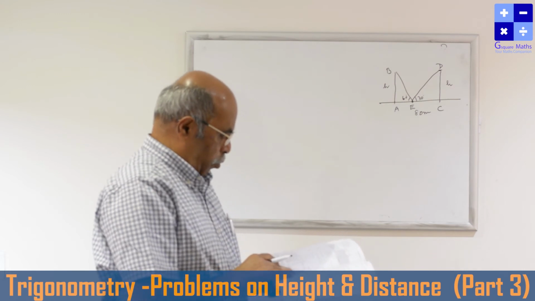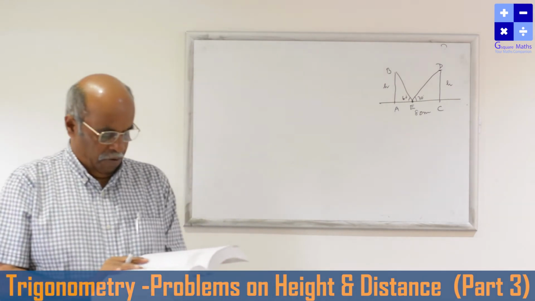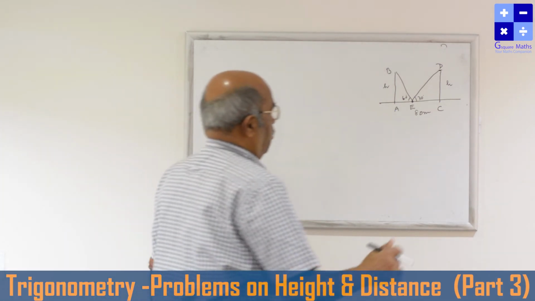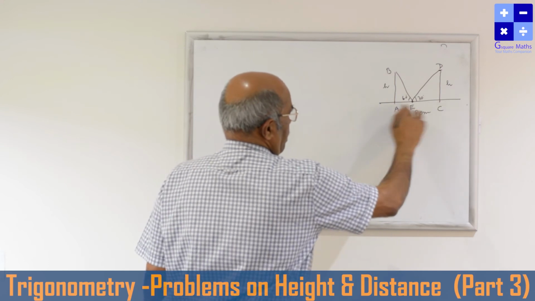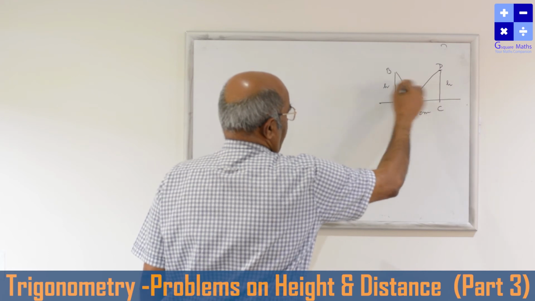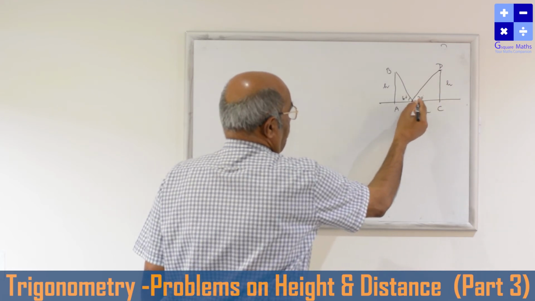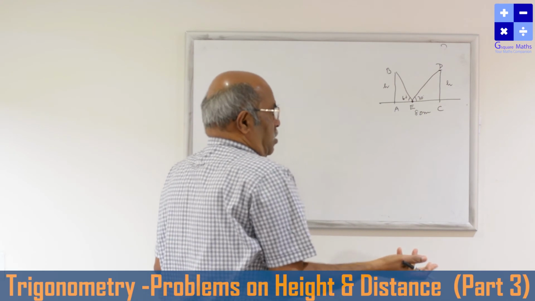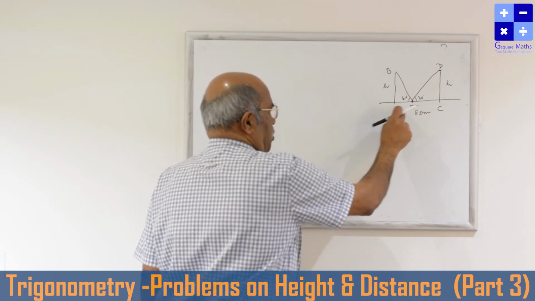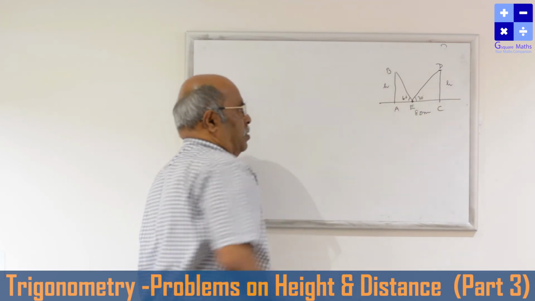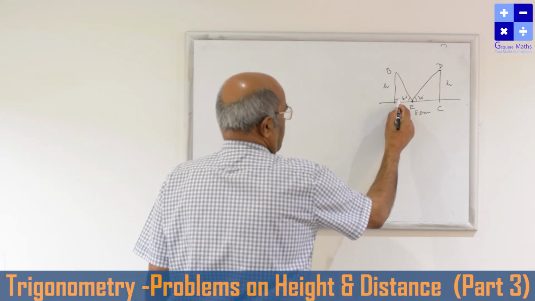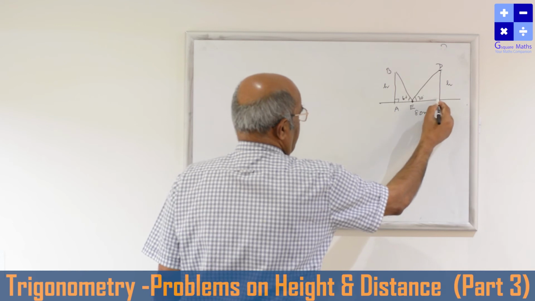And find the height of the pole and the distance of the point from the poles. The distance of the road is given, and you are asked to find the height and the position of E. We don't know where it is. It may be here, or it may be here. What is the distance between this E from A as well as C? So let us calculate. There are two right angle triangles. One is EAB, another is ECD.